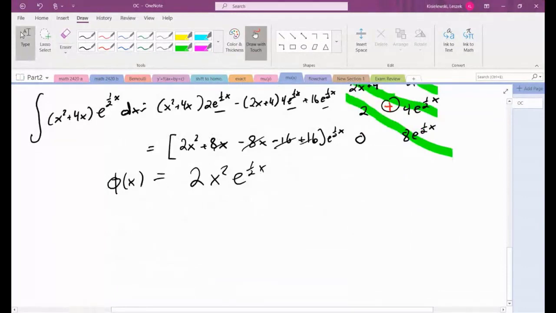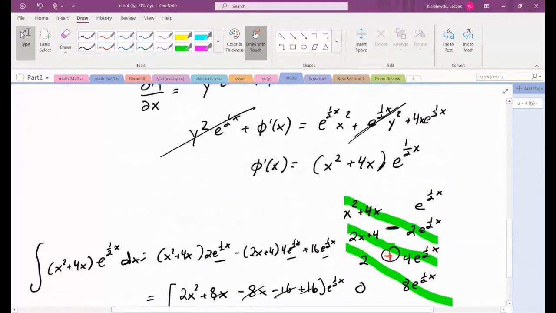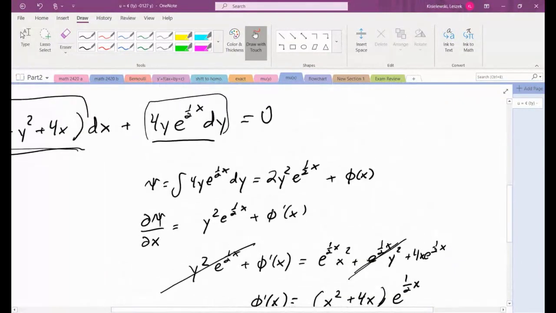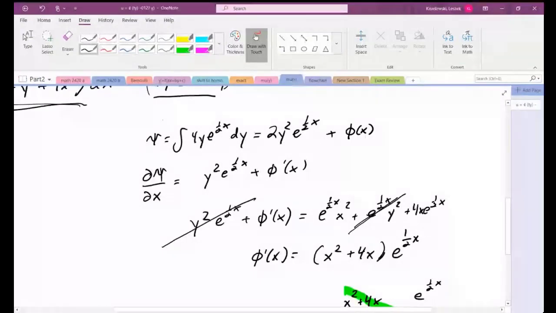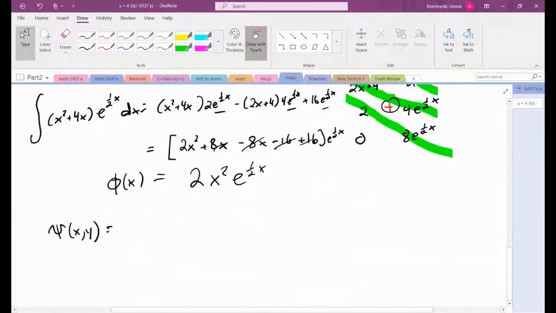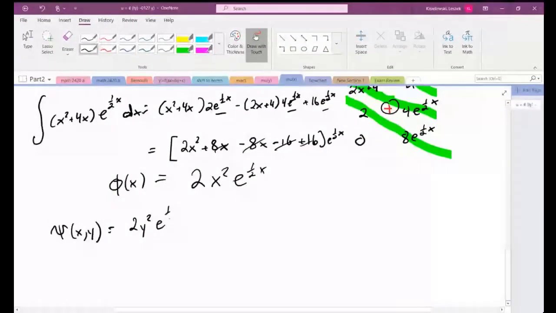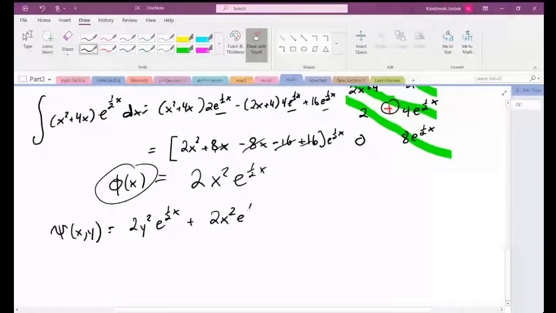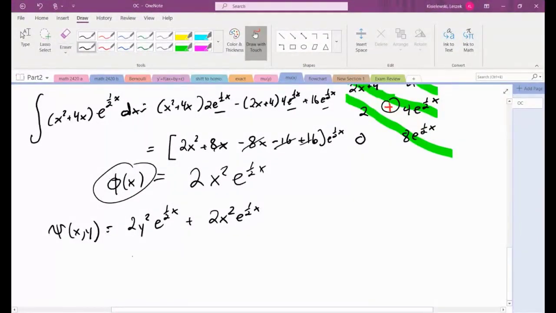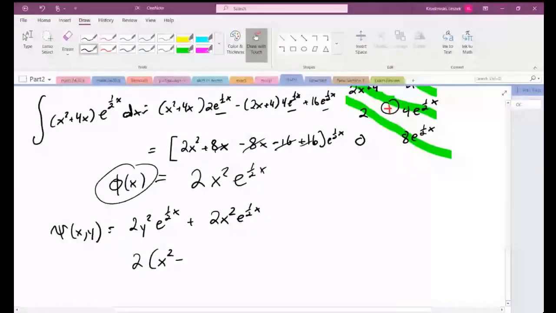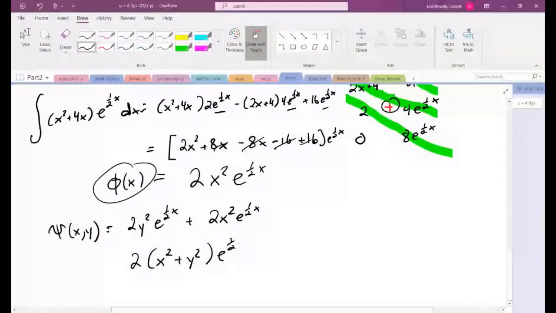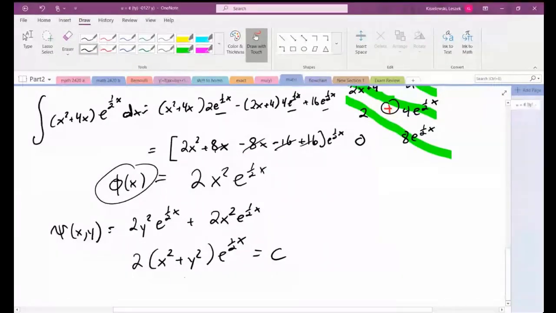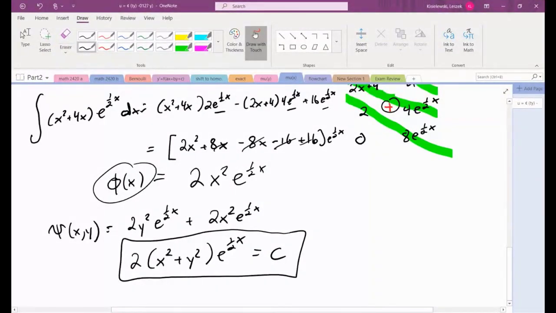And then we say, okay, we update psi. Psi we figured out was, where was it? I can't even find it. It's right here. So it's 2y squared times my exponential plus this function which we recovered as well. Okay, and so a level set of this function is our general solution. And I didn't do any initial value problems, but you know how to solve for this arbitrary constant